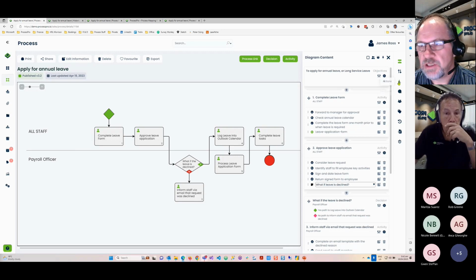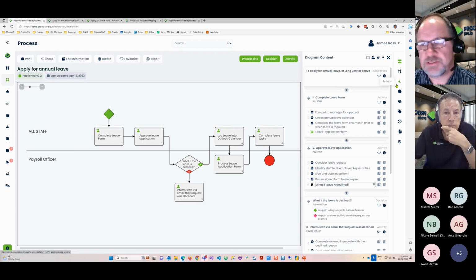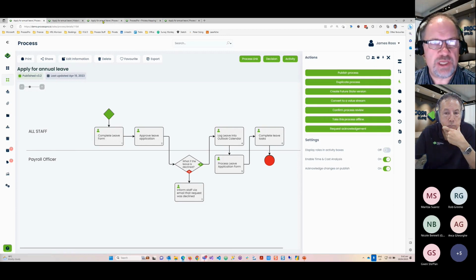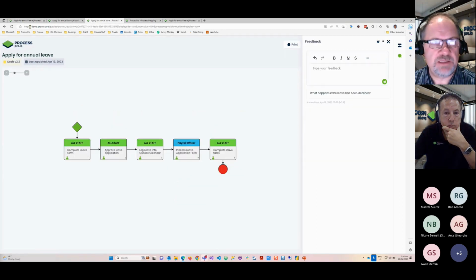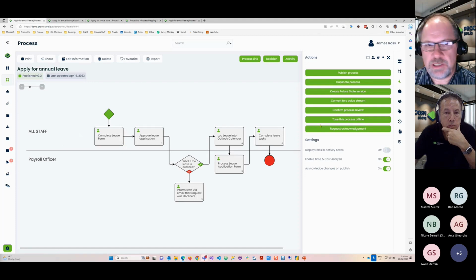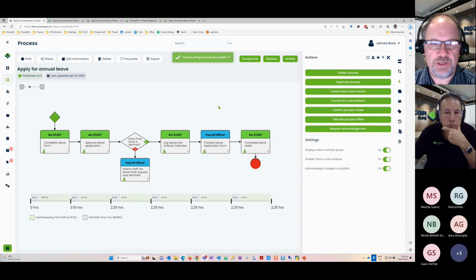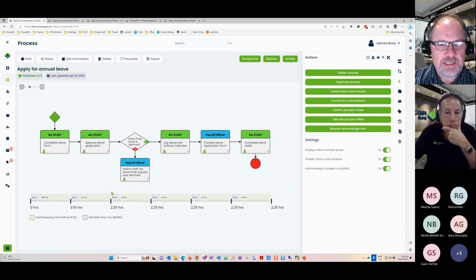time and cost if we embed the roles into the activities. So remember, when we share a process, we've got those embedded views. So on my map, I can do that as well. I can actually say that I've got an embedded view. And when you do it like that, that's when we will show you the